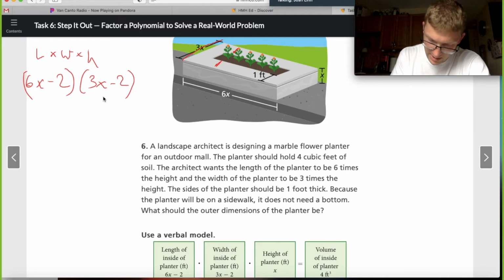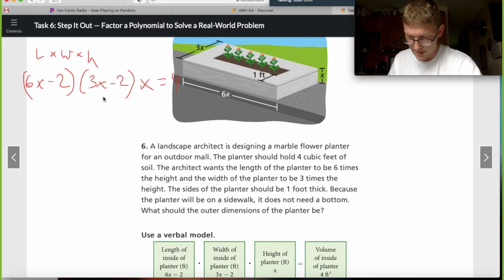And then the height is just x, because we don't need a bottom, so the height in the middle is going to be the same as the outside. So there is our initial equation, and we can say that it equals 4, because the planter should hold 4 cubic feet of soil,